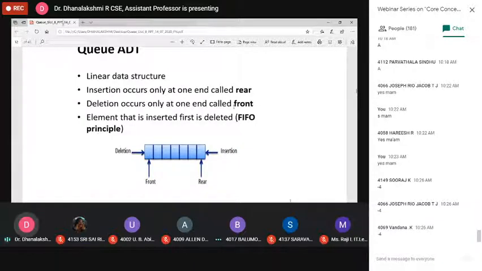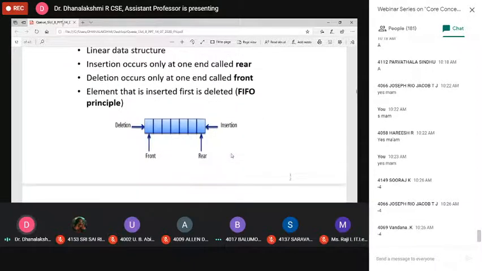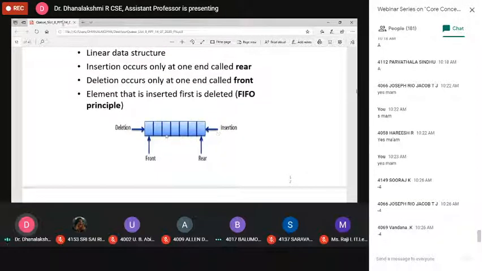So you can note this rear and front pointer. Here we are using two pointer values, one is the rear pointer as well as the front pointer. Consider this structure. This is our queue, and you have to maintain two pointers, rear and front.